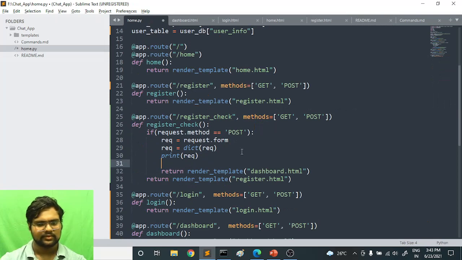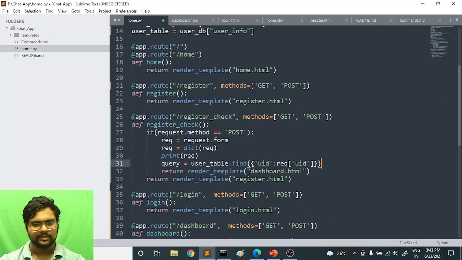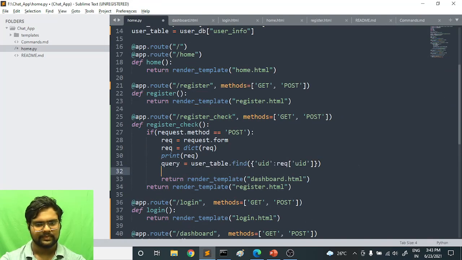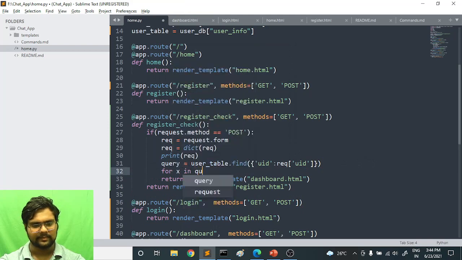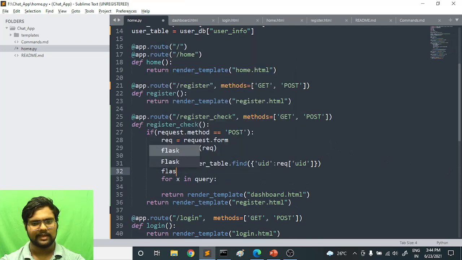Okay, so let's do something. First of all, let's find whether the user is already present or not. For that we have this query command, so we will just use it directly in our code. So we have query. And after that, for x in query, let me take one variable, and the name of that variable will be flag, and let it be 0,